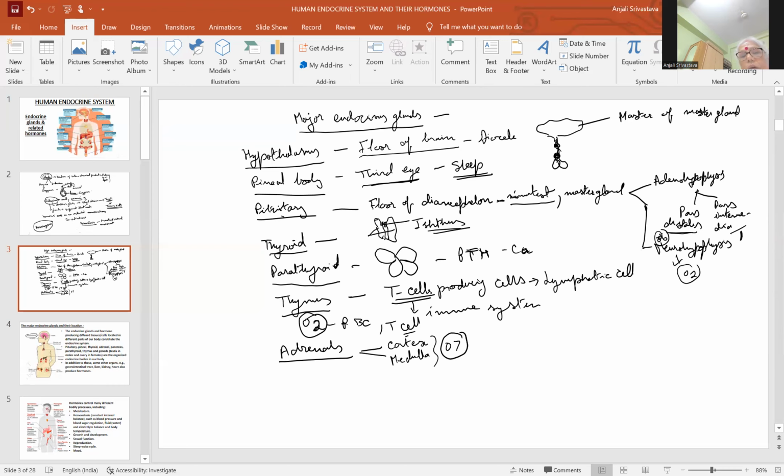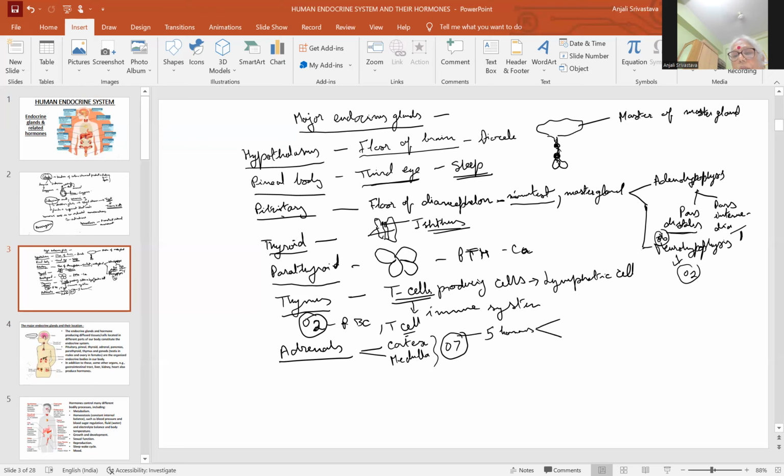Adrenal secretes 7 hormones. So after pituitary, adrenal is another very important gland that controls almost all the other parts of the body. However, the more important secretions are of the pituitary, and the adrenal assists it. For example, if you remember, when we were looking at the male and female reproductive system, we saw that androgen and testosterone as well as estrogen productions are also to some extent brought about by these adrenal glands. The adrenal cortex secretes almost 5 hormones,